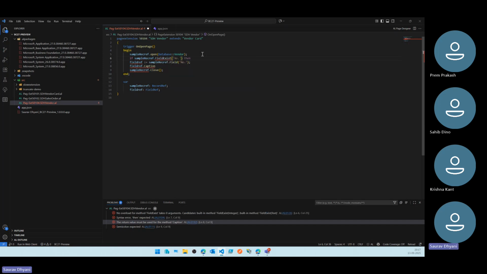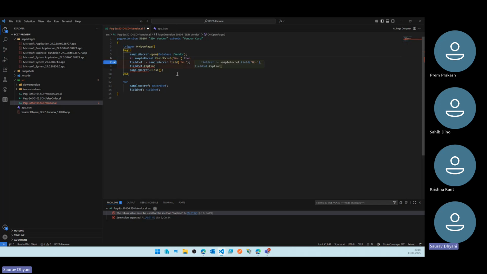And earlier you were able to do number only, which is the default, that it expects you to do an integer. And it says that there is no overload, but there's a built-in method of kind field exists of type text. I don't know when that number will be obsolete, but I hope that happens sooner than later, that people were forced to change the field IDs to field names, because if you have worked on different parts of the system, you will notice that it is already mandatory to kind of